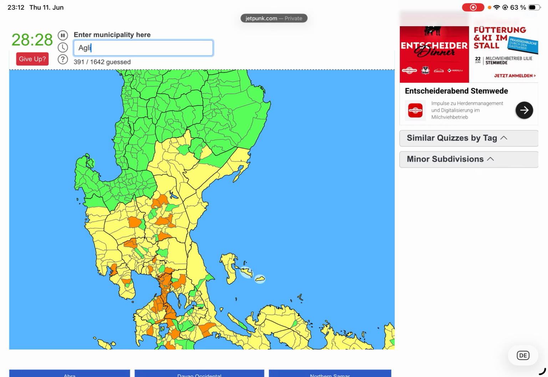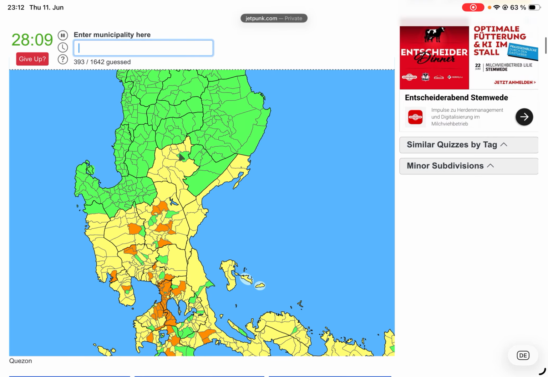This should be Aglipay. And this is Nagtipunan. Right? So then this is the last province that is part of the region of Cagayan Valley. So the capital, it's called Nueva Vizcaya. So the capital of Nueva Vizcaya is called Bayombong, right here. And then we also have Solano, Villaverde, Quezon, Bagabag,